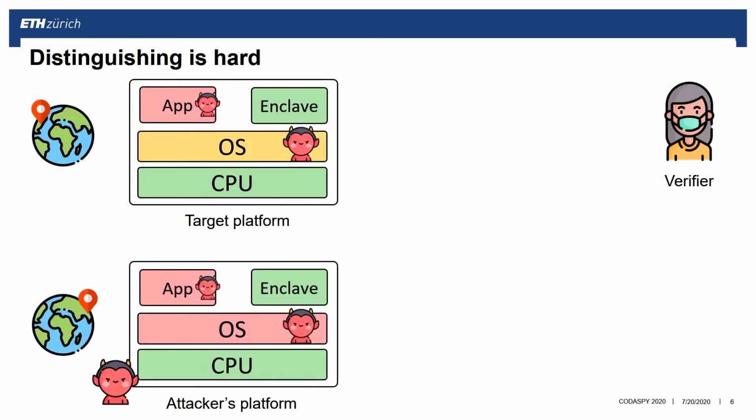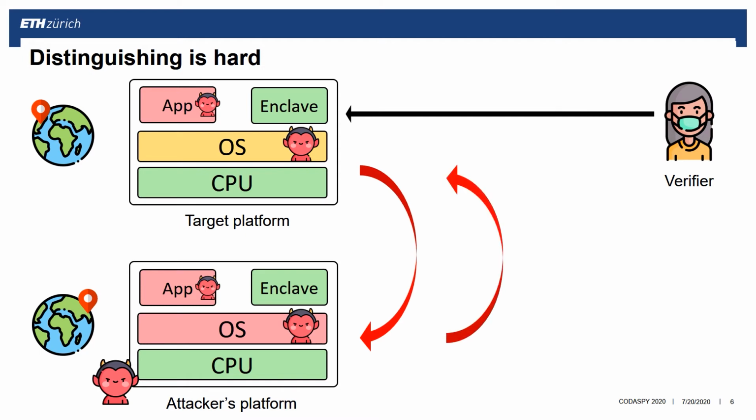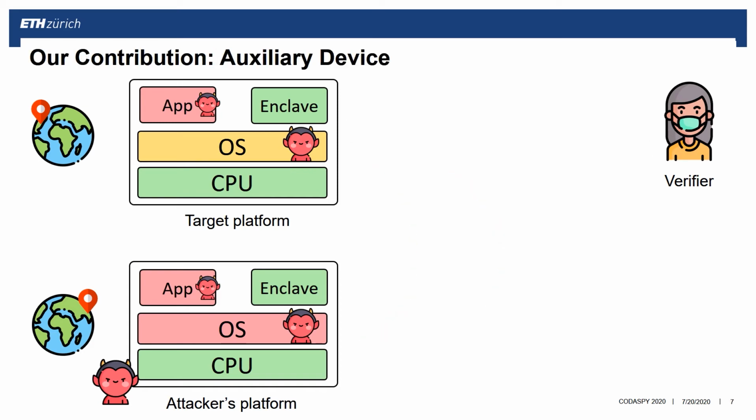Now what we are looking at in the relay attack is as the following. There is a bunch of communication happening between the verifier, target platform and the attacker platform, and these red arrows are extra on top of this black communication, which should only be happening in a benign case, right? But the problem is that all these communications are happening on top of a multi-hop network. So for a verifier, it's impossible to know whether there are some extra communications or not, due to some deviations happening in the network.